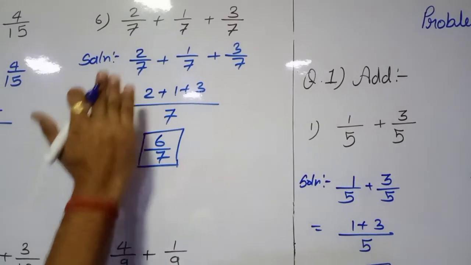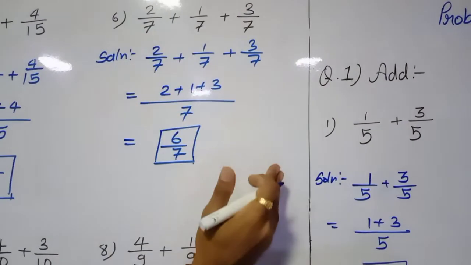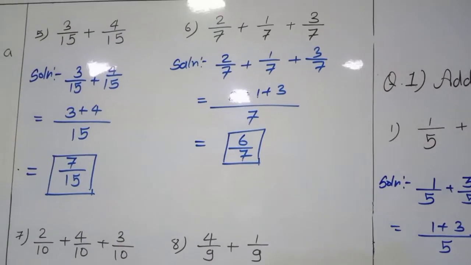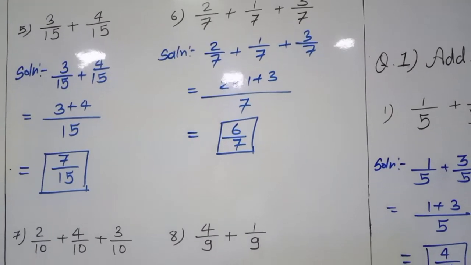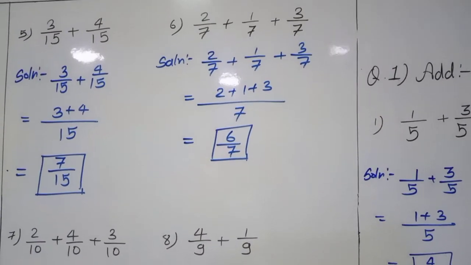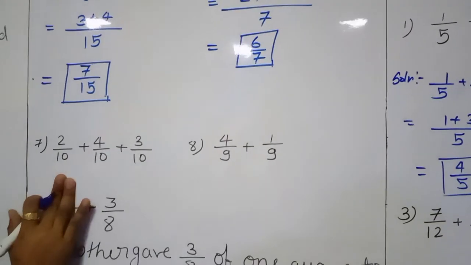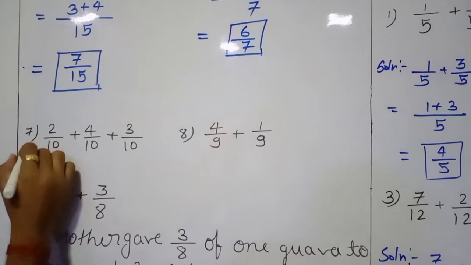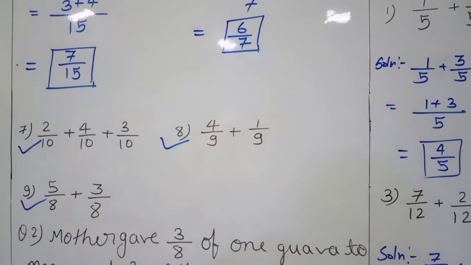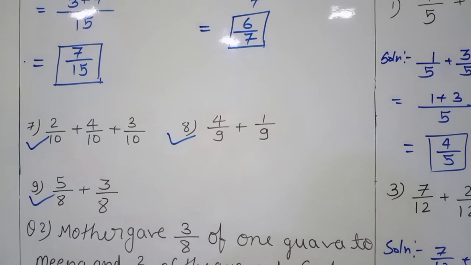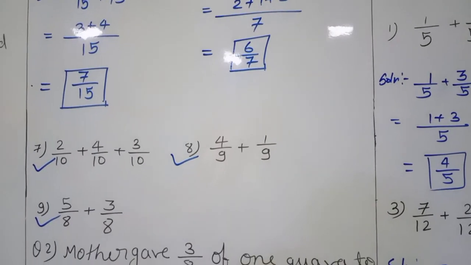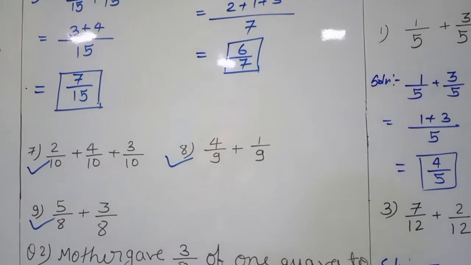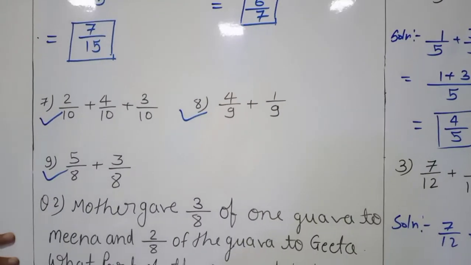Like the same, if you have 4 fractions, 5 fractions, 6 fractions, the rules are the same for each and every one. We should add the numerators, write the common denominator and do it. The same way, here we have question number 7, question number 8 and question number 9. You should do these 3 sums for your homework. You should add them like we did the earlier 6 sums. Now, these all are the numerical addition of like fractions. Next we have the word problem.